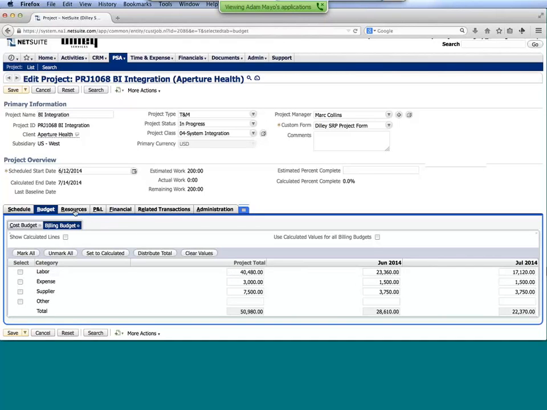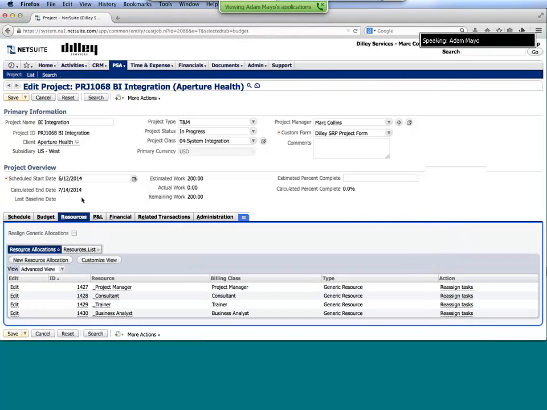Okay. So that's a little bit of the scheduling and the project budget that you'll have available from a setup standpoint when you're working with a project. What I want to move into now is talking a little bit about the resourcing. From here, we really support a couple different ways of looking at staffing your projects. I showed you a moment ago, right on the project plan, I have what we call task assignments. And so at a task level, I can go in and assign people to work on it.